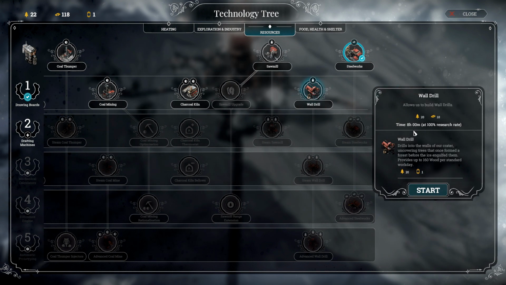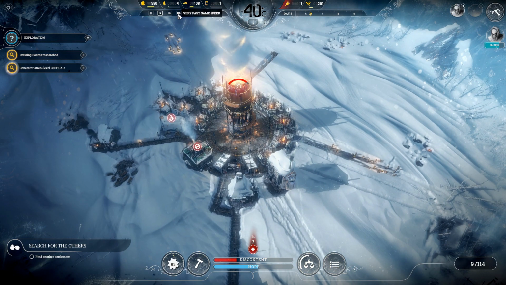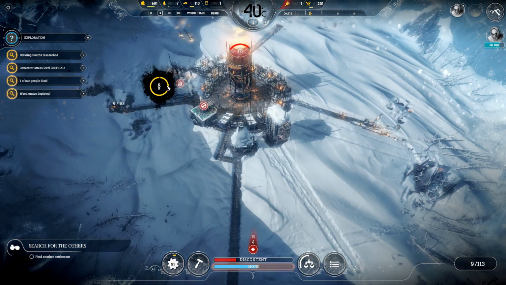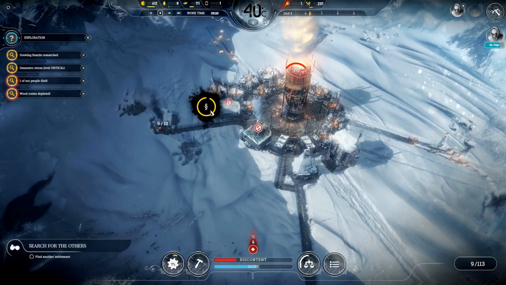That's the one we want. The drill. Do I have a steam core, though? That's a good question. Yes, I do. I've got one. Okay, I'm happy to spend it on that. It's fine. So we'll get that up and running, and then we'll build the wall drill. It's over here somewhere. And that'll pretty much take care of our wood needs for the rest of the game,